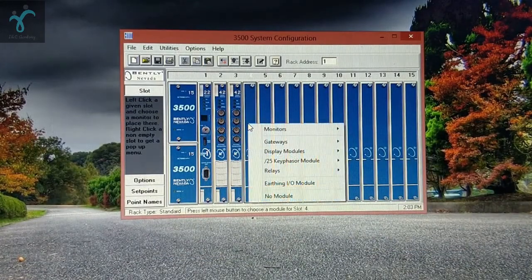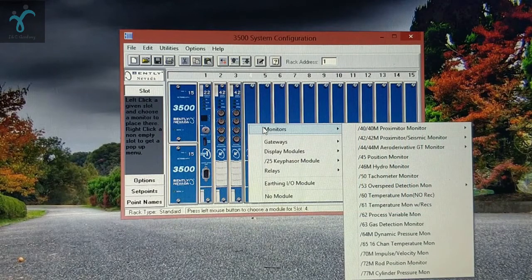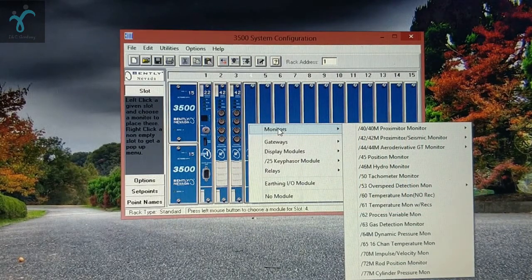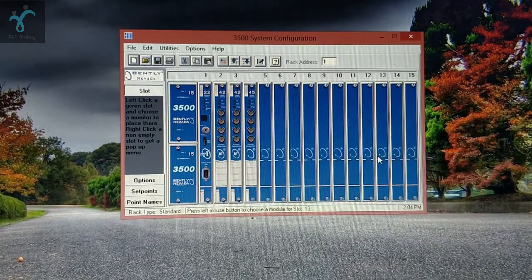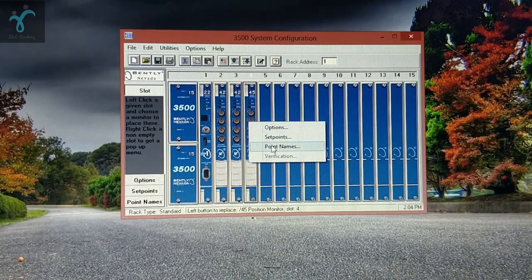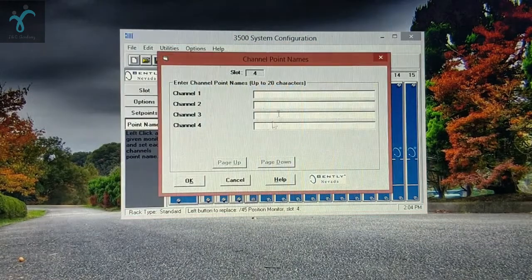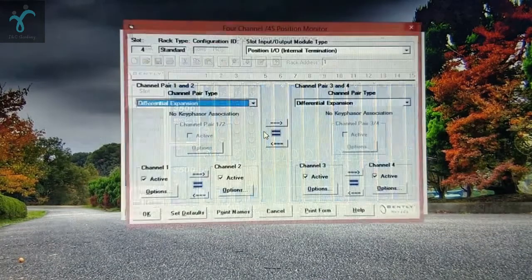Okay, next suppose we need to monitor the position, like differential expansion and axial position. At that time we need to select the position monitor. Okay, so if we select the position monitor, right click, put the options as they are, point names, whatever you want, set the options,